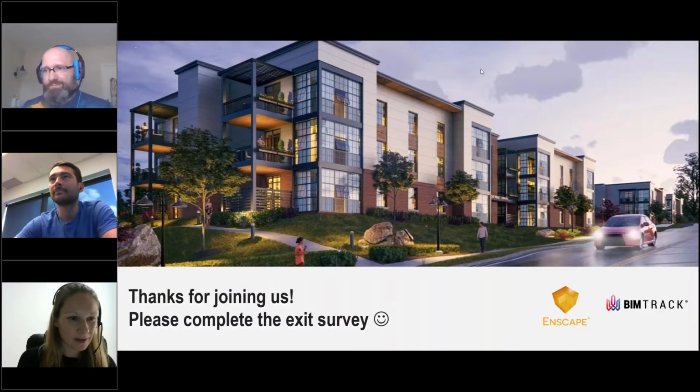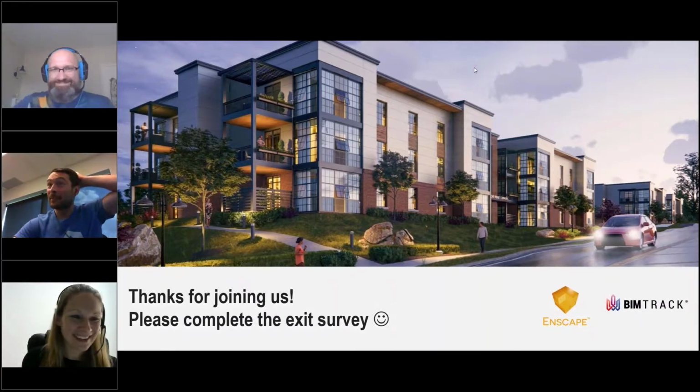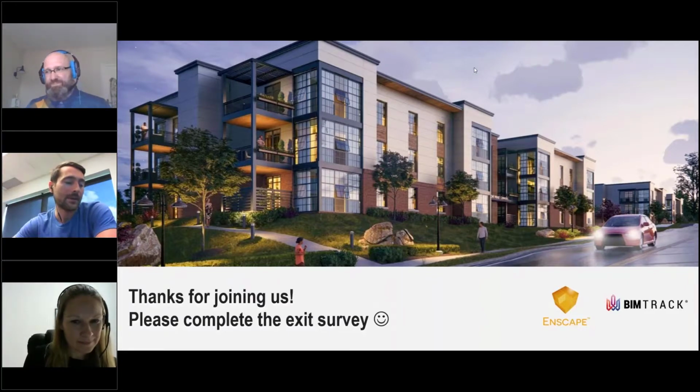Oh, here's a good one. When will BIMTrack have a native iPad app for mobile viewing without an internet connection? Well, this is something that we've been looking at for a little bit of time. So obviously, it's still something we're actively working on. But I would say we're also looking at integrations with existing mobile apps.